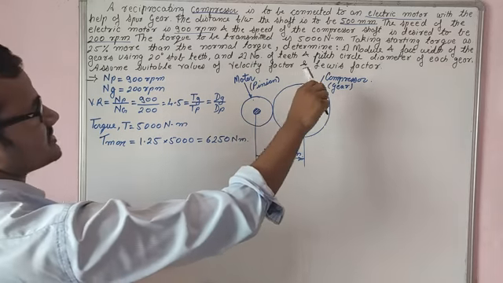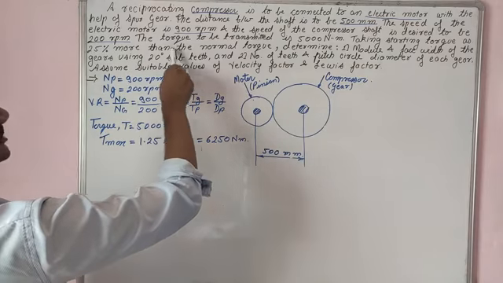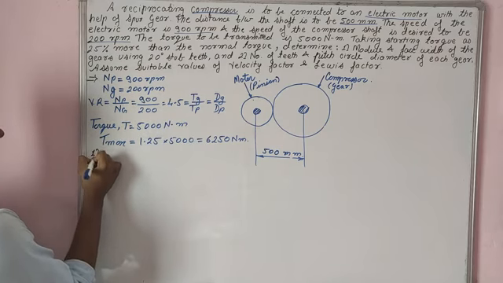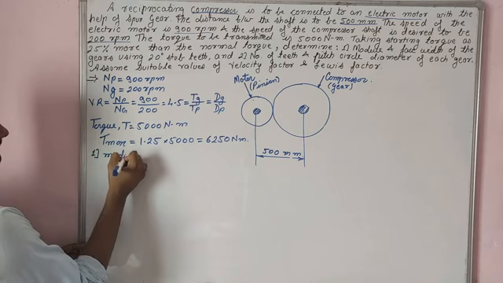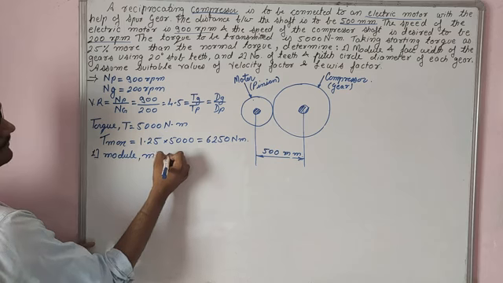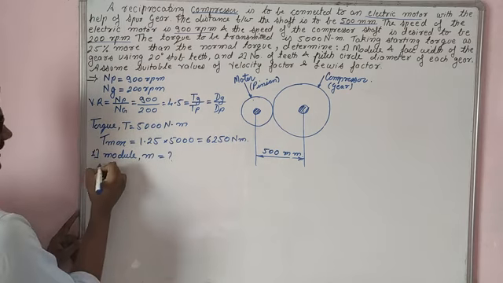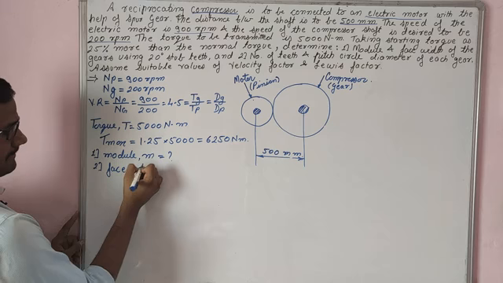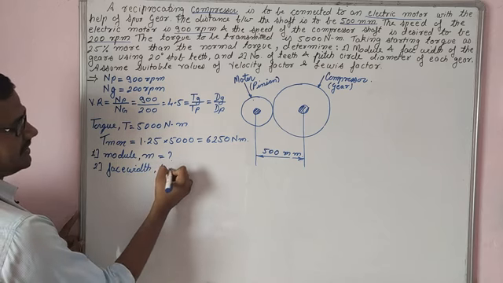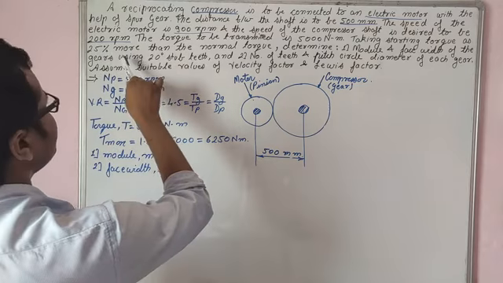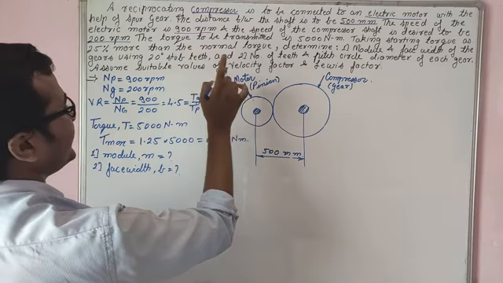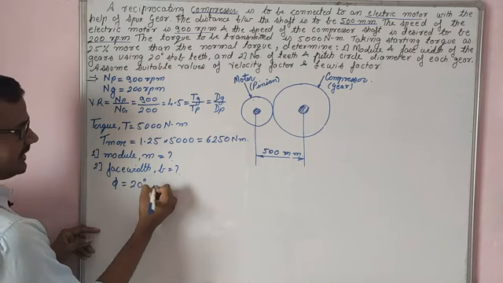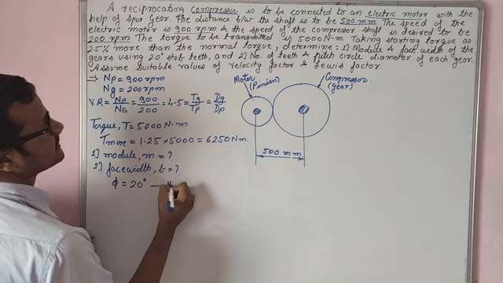Taking the torque as 25% more than the normal torque, the things we have to determine are, first, the module M, and second, the face width B of the gears, using 20-degree stub teeth. Again we are given some data: phi, that is the pressure angle, is 20 degrees and the type of gear is stub teeth.